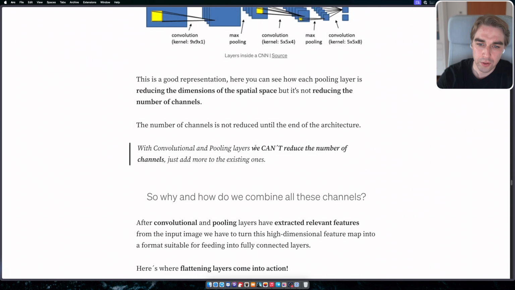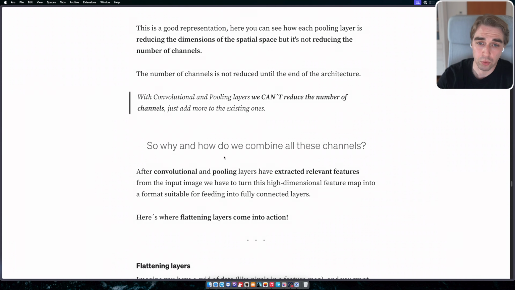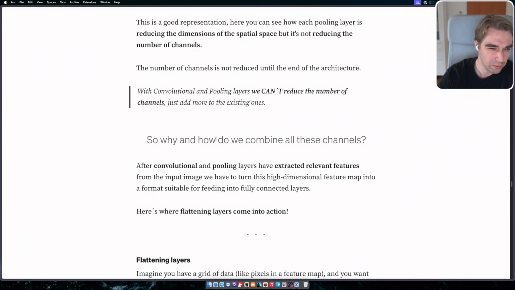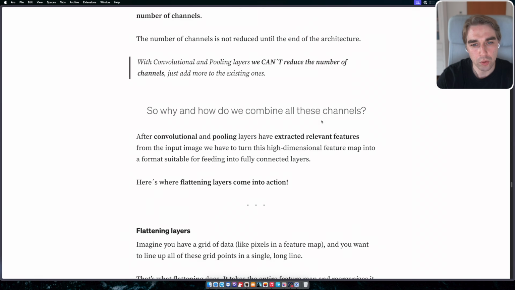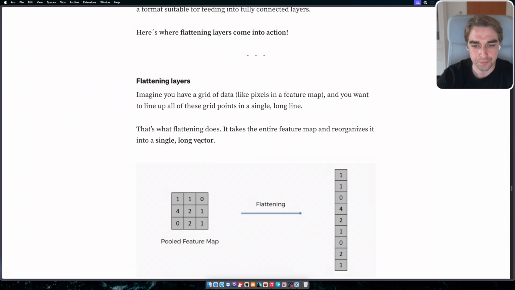With convolution and pooling layers, we can't reduce the number of the channels, just add more to existing ones. So we're kind of adding them. Okay. So why and how do we combine all these channels? After convolution and pooling layers have extracted relevant features from the input image, we have to turn this high-dimensional feature map into a format suitable for feeding into fully connected layers. Here's where flattening layers come in. Yeah, so this is, for example, I guess an example of what we had in our case that we did with the image classification based fully on the